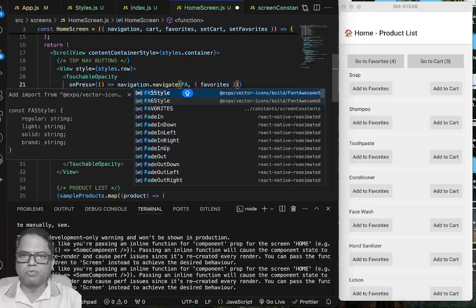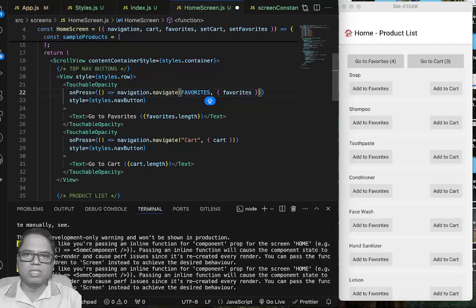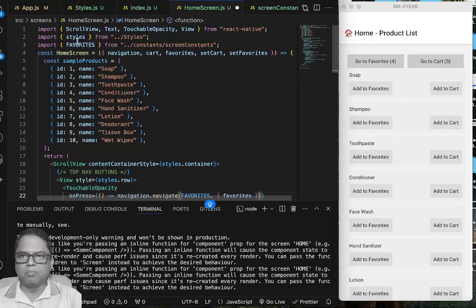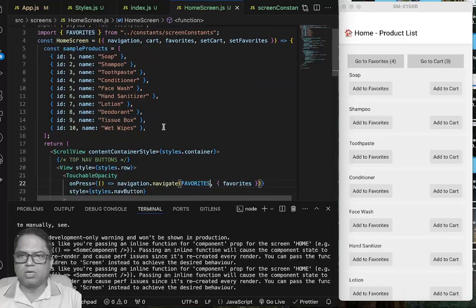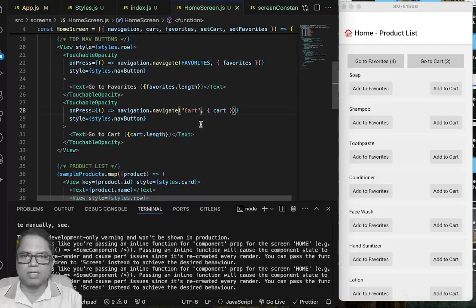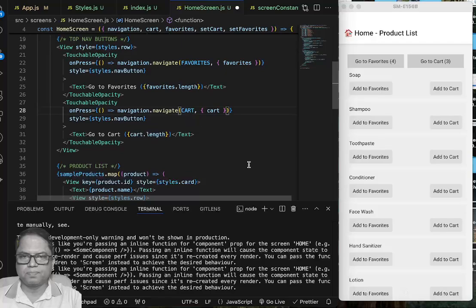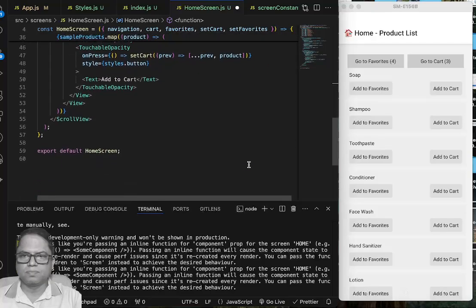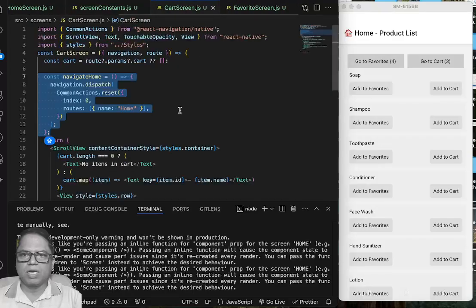This is to move to favorites, right? So favorites. Now there will not be any error, because we are using the constant names. Even if there is a typo, the same name we are using everywhere now, because these are constants. So here as well in cart, and in our cart screen,